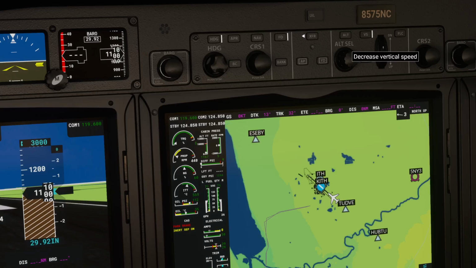Then you have to pick either vertical speed or flight level control, and then select. But it's going to stay neutral flight, and then you've got to pick a vertical speed or an airspeed. So vertical speed is going to pitch the aircraft to achieve that vertical speed. Your airspeed won't be under control. So if you pitch this up too high, you can stall the aircraft. If you pitch it down too low, you're going to overspeed the aircraft, right? So you might have to work the throttle, flaps, whatever,